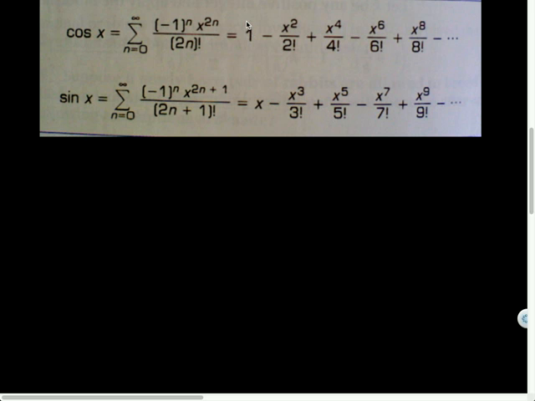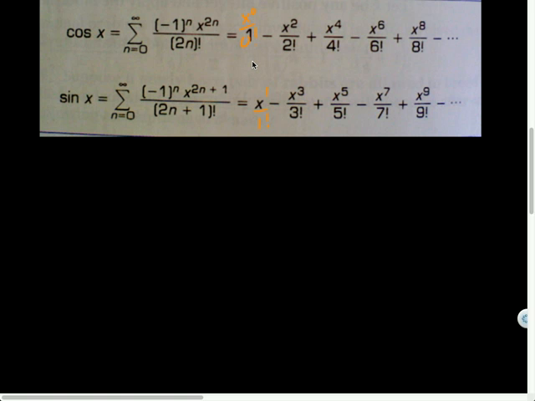I guess you could think of this 1 as being x to the 0, and you have all even exponents. So x to the 0 over 0 factorial, and then 1 over 1 factorial. That might be a cool way to recognize that there's a pattern there for those first terms as well. So sine's all the odd ones, cosine's all the even ones, and notice the signs,